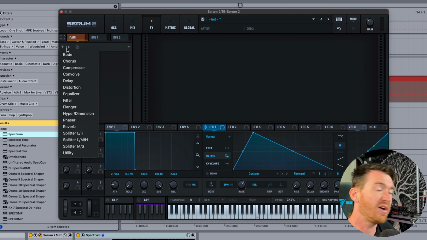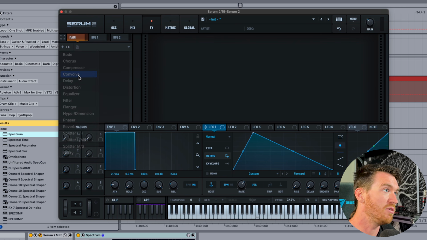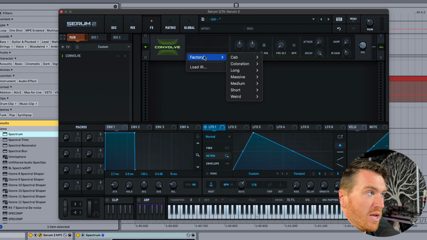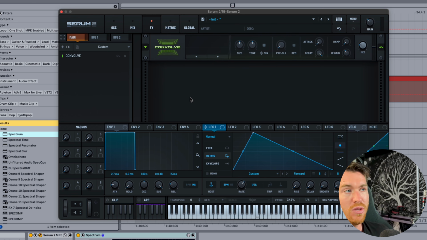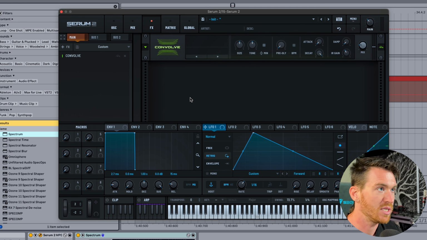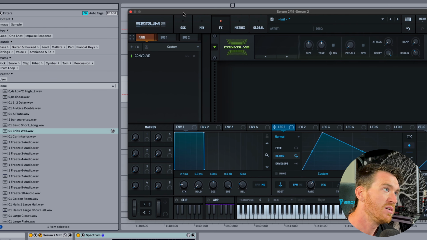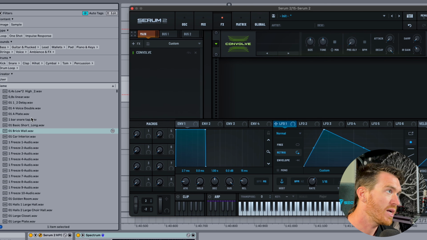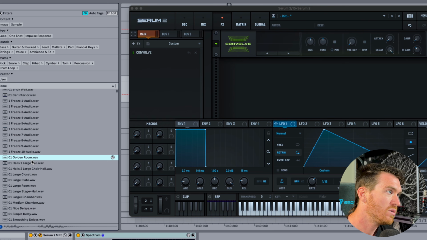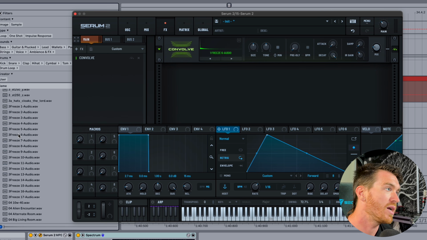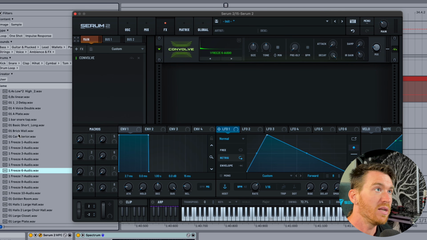So one of the cool new devices they added in Serum 2 is the Convolver. Now it comes preloaded with a whole bunch of nice factory impulse responses, but you can actually add your own sounds in here. I've got a whole folder of impulse responses off to the side here. Let me just look for one that would be kind of cool. Here's a really weird long delay-like one. I don't know where I got any of these, to be honest. Probably Reddit. If I add this to my sound,